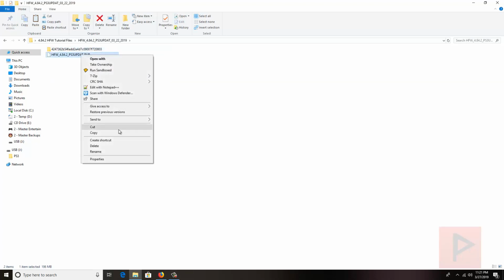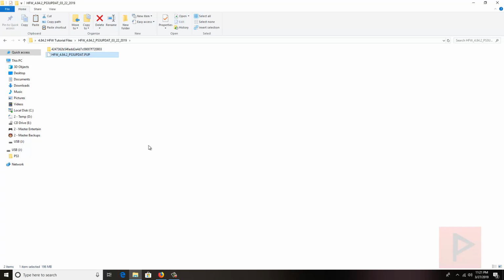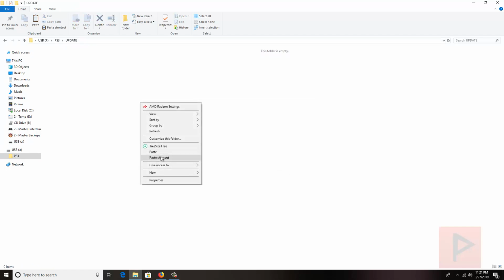go copy that file. If you want to, you can use a program called WinMD5 and verify that the MD5 of this file matches the characters and the numbers in this folder name, basically. I've already done that before. I know it's good, so I'm not going to showcase this right now. So if we go back to the USB, go to PS3, update, delete the old update from the minver check, paste the new one,